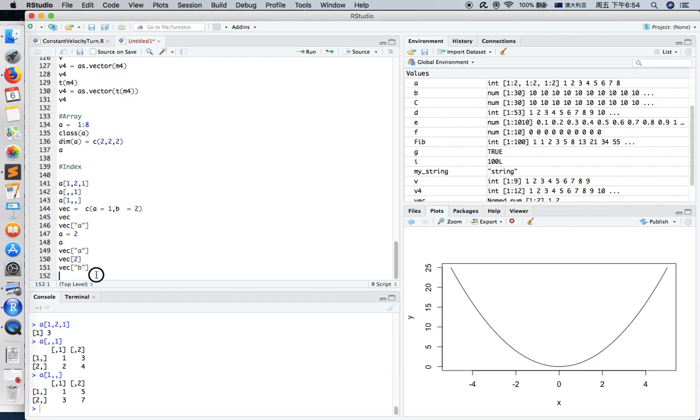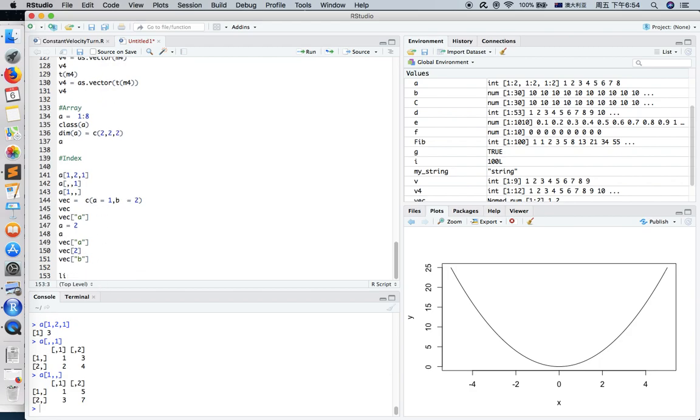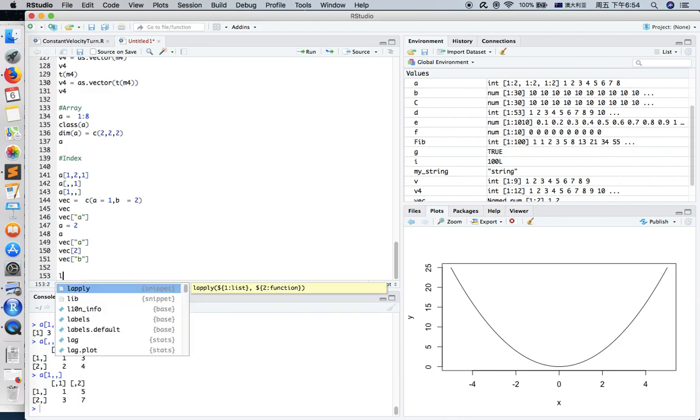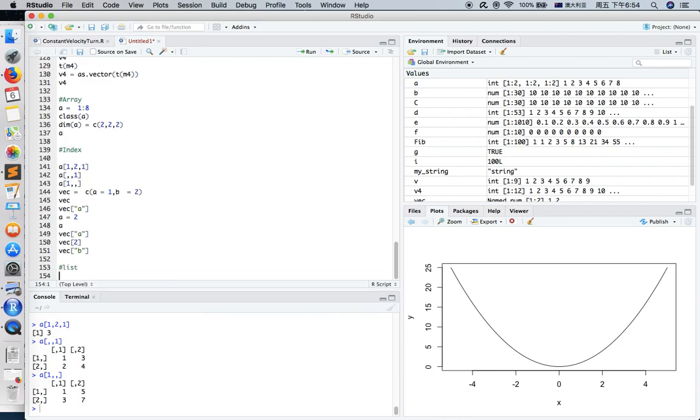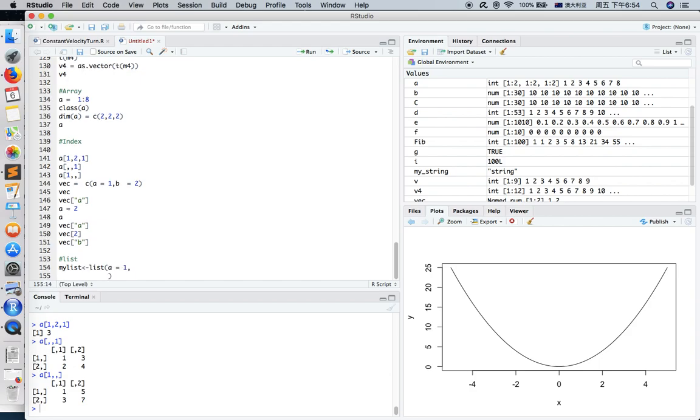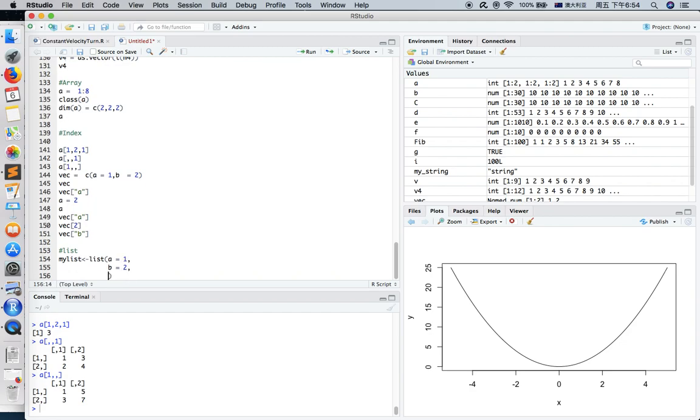Okay, that's the index. Now, there are some other kind of data types. List. My list is, let's just assign it. I'm still doing A is 1, B is 2. Now you don't have to follow this format, but I think this is clear because if you get lots of catalog,